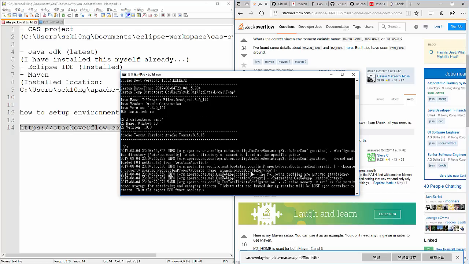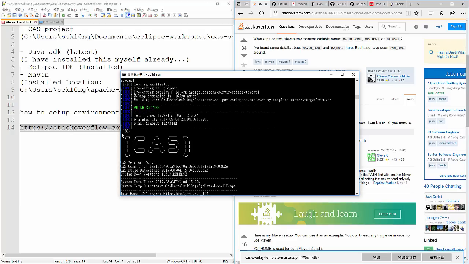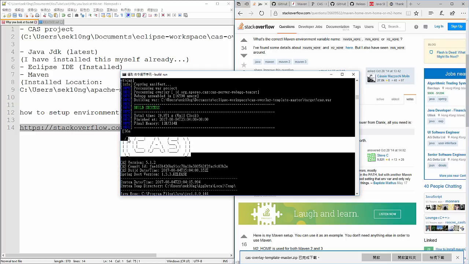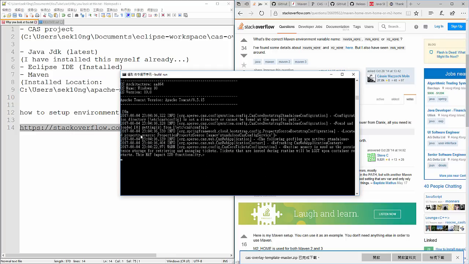So now let's see. If you see this CAS thing here, that means CAS has started to run, and this does not promise anything. You need to see the one that says, which is not here, a very big letter that says ready, then it's actually ready to use. You can see lots of prompts, and don't worry about them. I will pause here and then resume, because this might take a while to load.